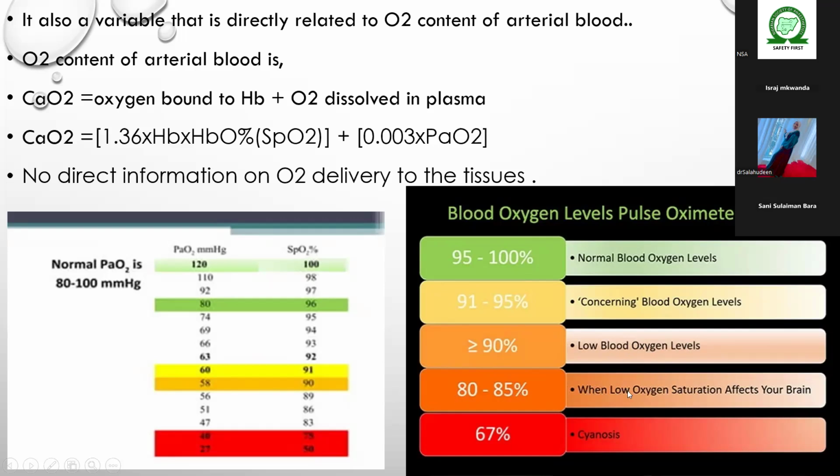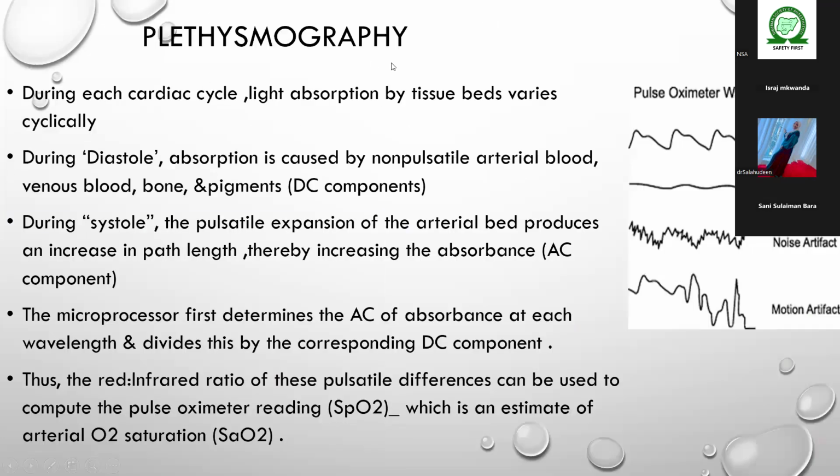At 80 to 85, the low oxygen saturation begins to affect the brain, the hypoxia. And hypoxia is an avoidable complication perioperatively or in the ICU, just to avoid mortality and morbidity. At 65%, cyanosis ensues. So the second principle, plethysmography: during each cardiac cycle, light absorption by the tissue